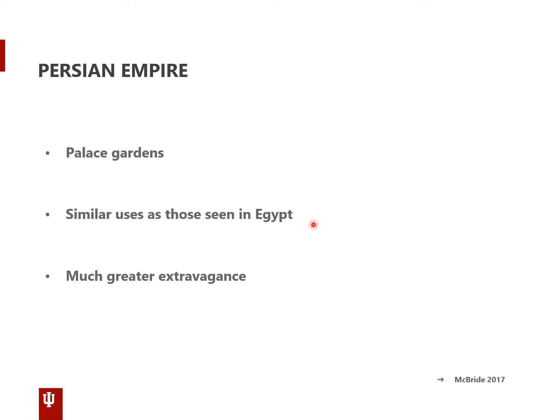It was the ruling class, and they were trying to display how much wealth they had and create these nice environments for them to hang out in, not really open to the public. But these were much greater extravagance. There was a lot more wealth inequality, I guess, in the Persian Empire, and so there was a lot of wealth concentrated within the ruling class, and so they used that to create some much more extravagant gardens,